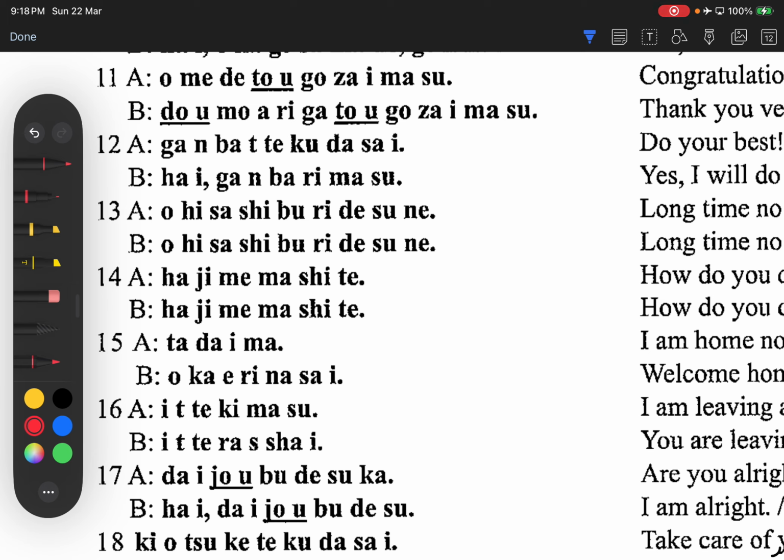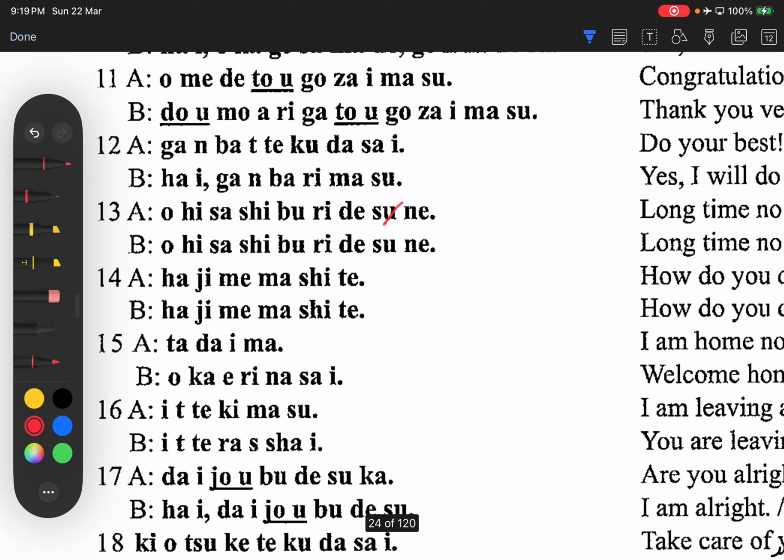So the ne after the des, right? Usually des will end the sentence. And if you realize my pronunciation for des, I never pronounce the U. I never say des. So the same thing, the U is silent for des. Alright? So usually des ends the sentence. But however, in this case, we have one more character after des, which is ne. So you can think of ne as